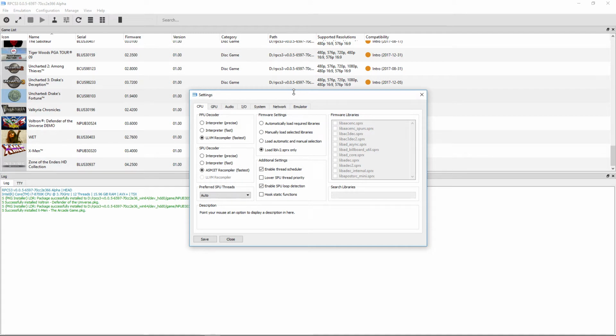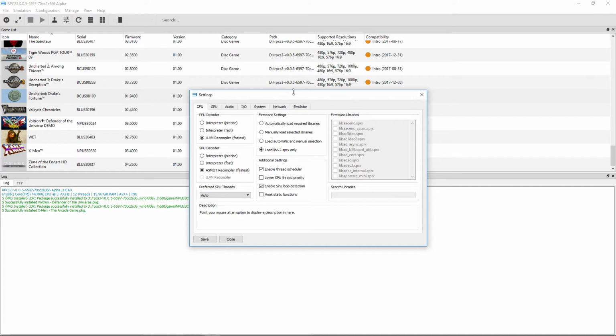This is great if you want the emulator itself to just continue loading OpenGL or just Vulkan, if that's what you want to test in or that's what you want it to only run in. But then you can go ahead and dive into titles individually to tweak them with the settings. You'll be either clicking on it, then going back to configuration, or right-clicking on it and going to configuration to change the settings. Because more often than not, most of the games are going to have different settings that they run better in. One might run better in OpenGL, one might run better in Vulkan, one might not run at all except in just OpenGL with certain things